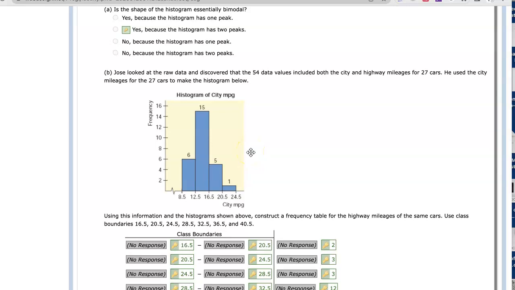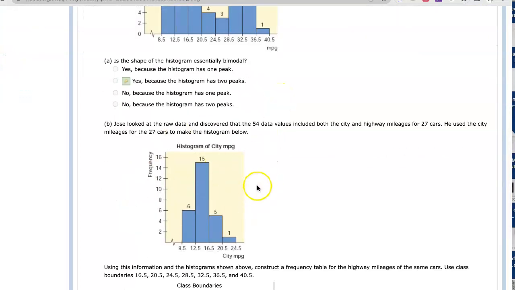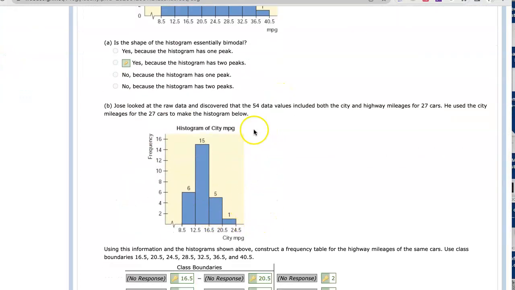Hey, you really had to pay close attention when reading this one to find out what they were asking for. So this is a histogram of miles per gallon. That would be city and highway miles per gallon. Then what they do is they break that up into the miles per gallon that each car out of the,